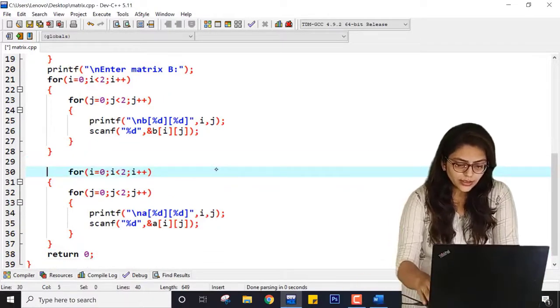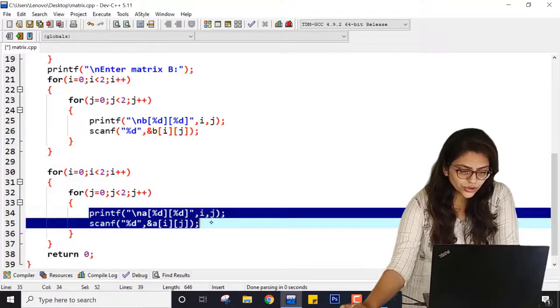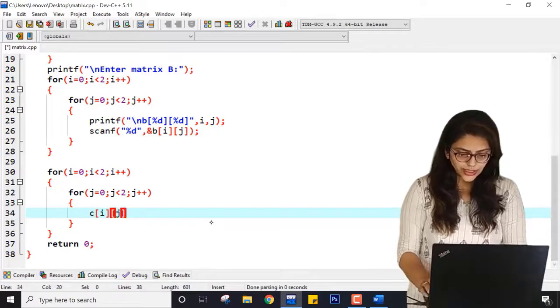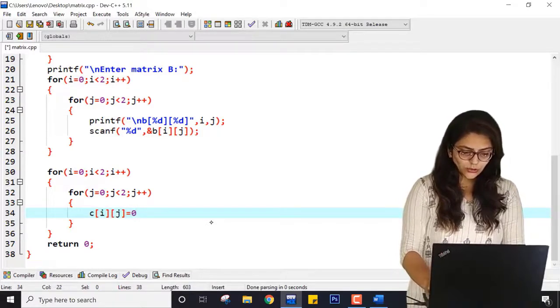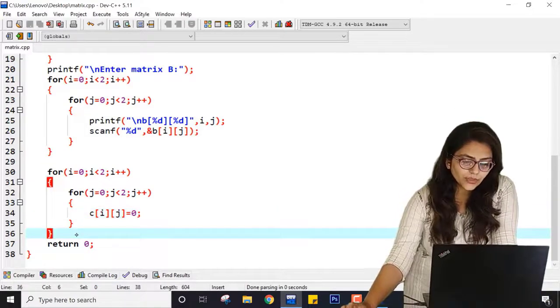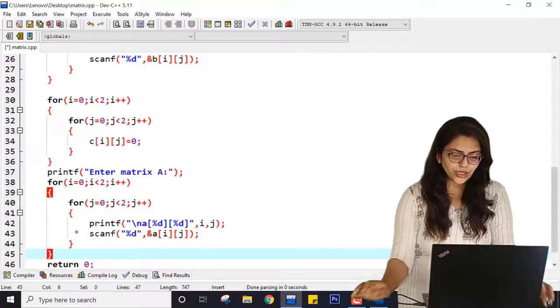So here just eliminate this, inside this just put C of i, j equal to 0. So the initial value of the entire C matrix is 0. We are not going to print it, we are just going to initialize it.